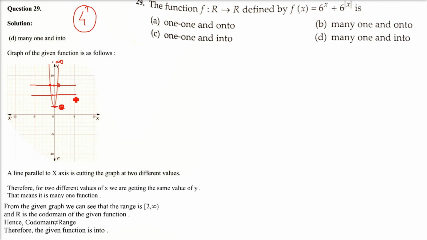You just have to do it. It will be 6 to infinity actually. So what do you get here? These 2 and 6 are not the point of discussion. The point of discussion is, first thing, it will not be 1-1. And the codomain and range are not same, because the codomain is real numbers, but here the range is going from say 2 or say 6 till infinity. So the codomain and range are not matching. I hope you got the idea. That is why it is neither 1-1 nor onto. So it is many-one, not 1-1. That means it is many-one. And it is not onto. It is into.